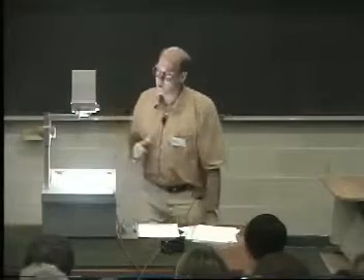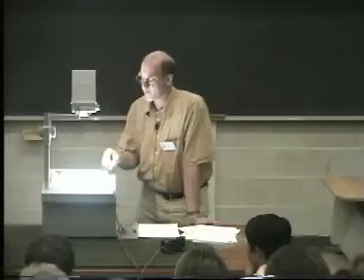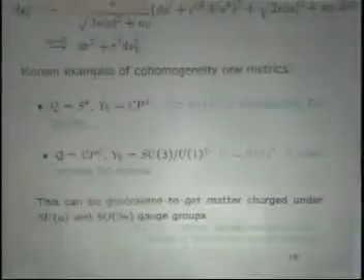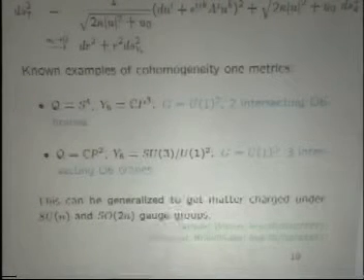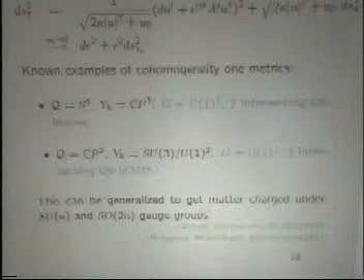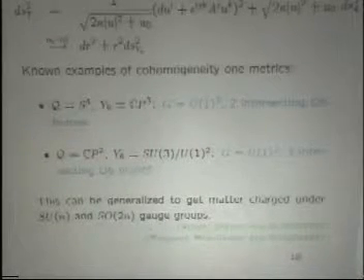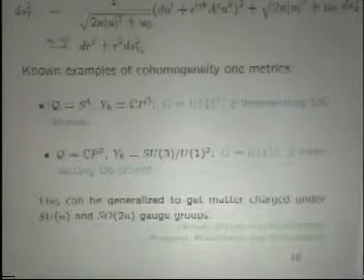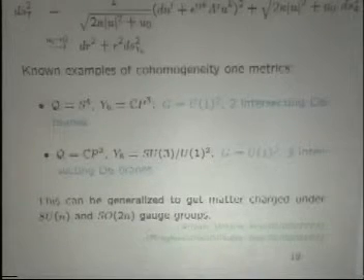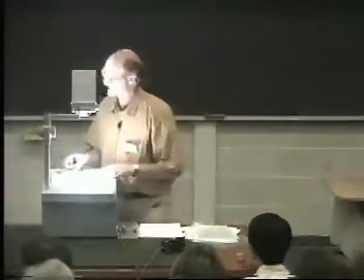In fact, there are several known examples of so-called cohomogeneity 1 metrics. Namely, in the first case, the quaternionic space is the 4-sphere, the 6-dimensional base of the cone is CP3, and this corresponds to two intersecting D6 branes, as was discussed in particular by Atiyah and Witten, and also later by Berglund and Brandhuber. There's a second nice example where the quaternionic space is CP2, and this in fact corresponds to three intersecting D6 branes. So let me very quickly, in the last perhaps two minutes, if the chairman is patient,